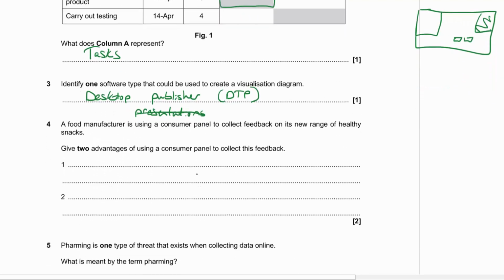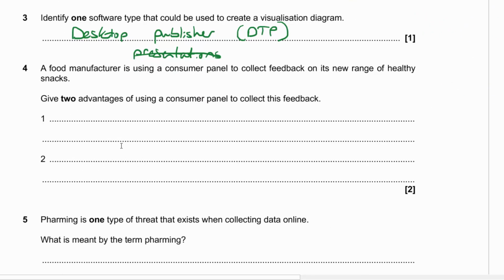And in question 4, we're told a food manufacturer is using a consumer panel to collect feedback on its new range of healthy snacks. Give 2 advantages of using a consumer panel to collect this feedback. So we've got different data collection methods, right? Loyalty schemes, surveys, using email, consumer panels, etc., etc. And really we're looking for what is particular about a consumer panel, which is maybe different to an email,